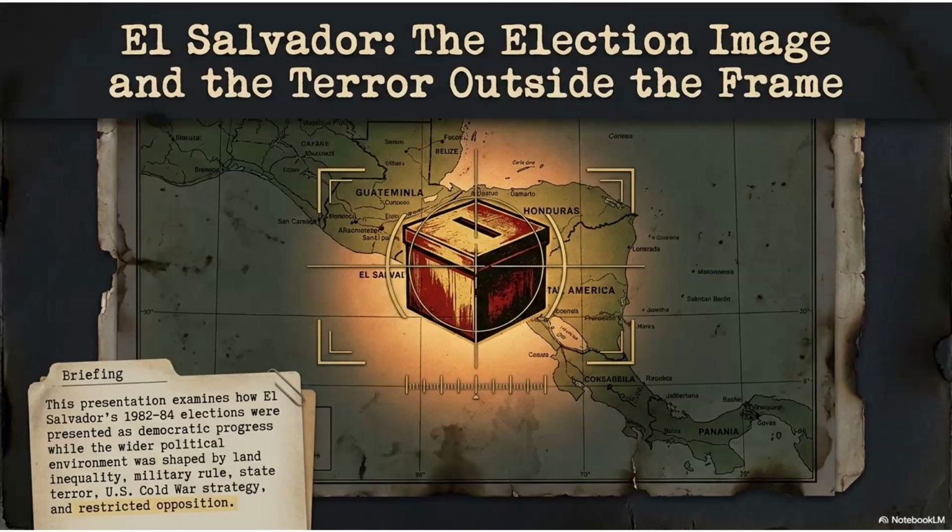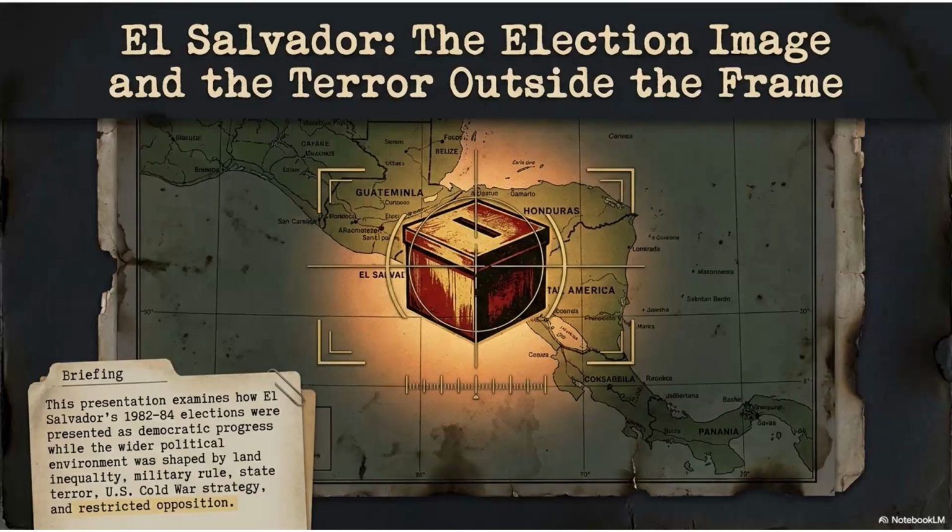Chapter 3 of Manufacturing Consent argues that elections can be used as political theater. Chomsky called these kinds of elections demonstration elections, which are not only meant to choose leaders internally, but also to demonstrate something to an audience outside. In El Salvador, the audience was especially the US public and the US Congress. The message was: American aid is supporting democracy, not terror.